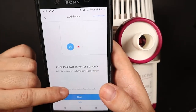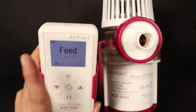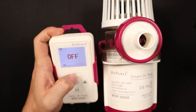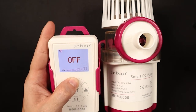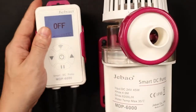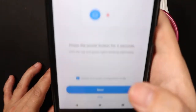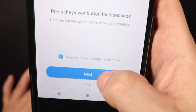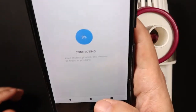To ensure the device is in smart configuration mode, we have to ensure that upon booting up, the Wi-Fi logo is actually blinking. If you want to enable it, just press and hold the Wi-Fi selection button and you will see the blinking, to set it in the smart configuration mode. Once that's done, we just check the device in smart configuration mode tick box and we hit next, and we have to enter our Wi-Fi password. Once we enter the password,